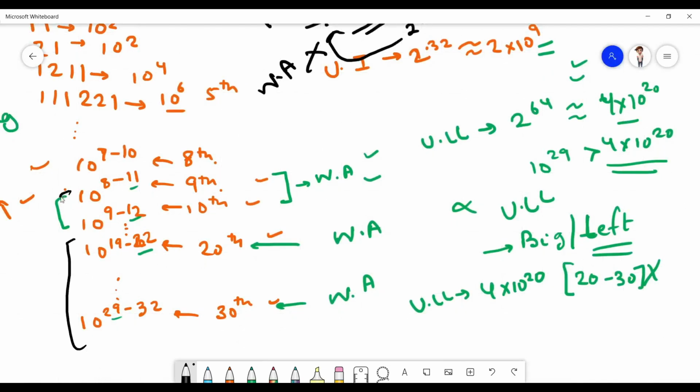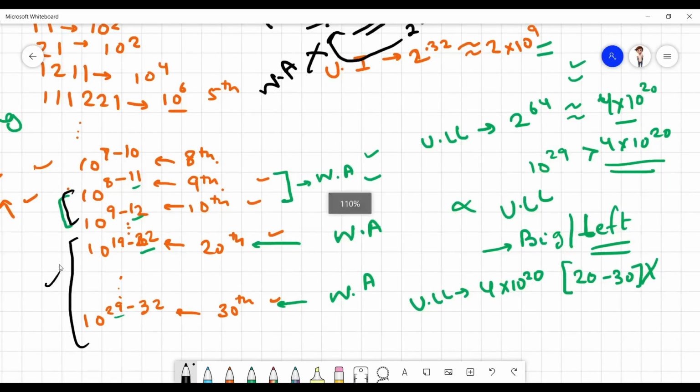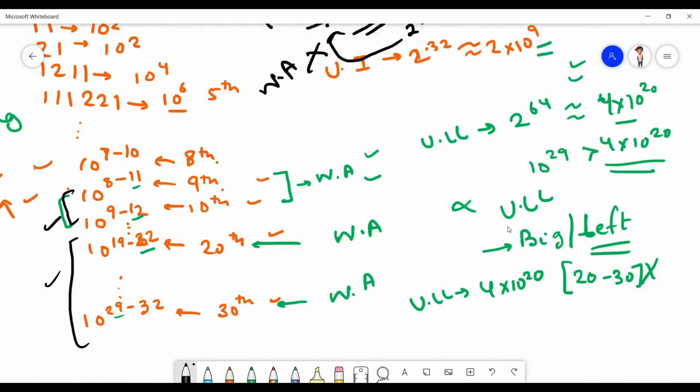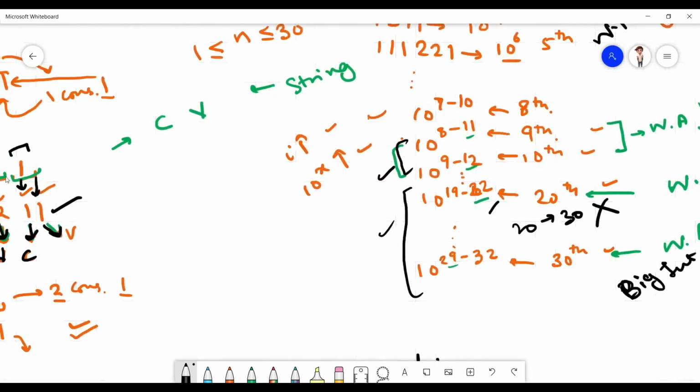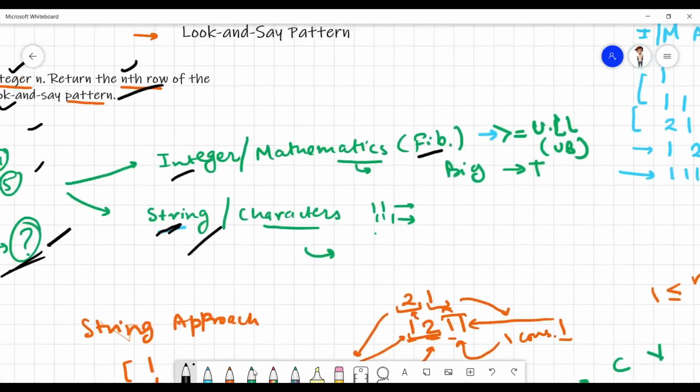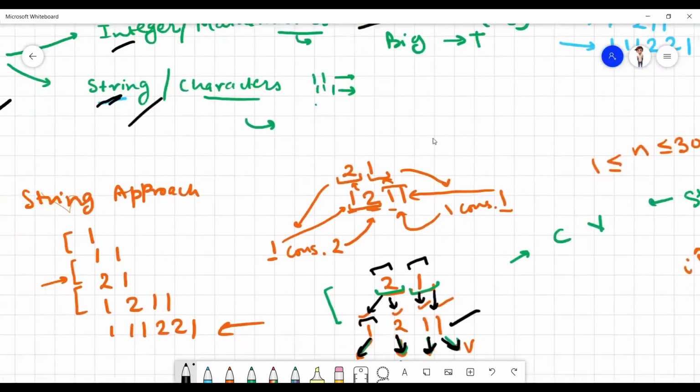and for unsigned integer, it was crossing values over here. Okay, the upper long bound was 4 into 10 raised to the power 20, and values from 20 to 30 were giving the wrong answer. So that's why it was failing over here, or otherwise we have to implement some big integer class in C++ to implement this. That's why we left it, because the implementation is hard and very time consuming. So we came on to the string approach.